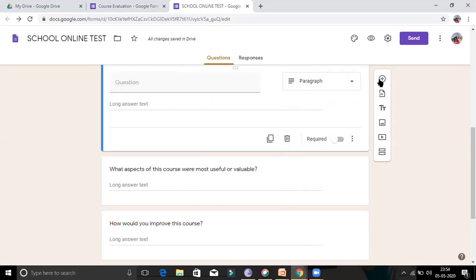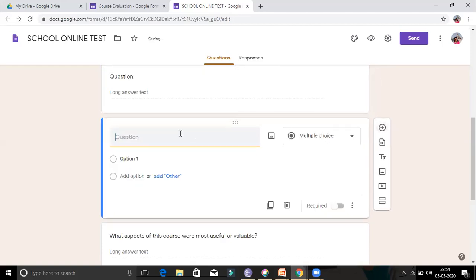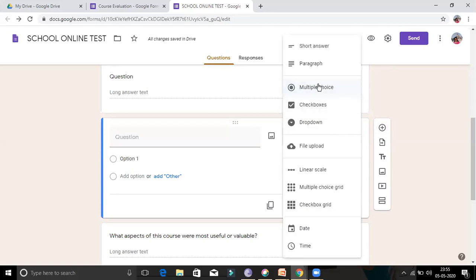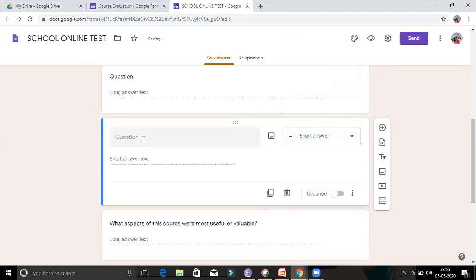Then you can add another. See here, same multiple choice. You can select from here. For a short text question you have to write the question. If there is a soft copy, you can cut and paste from there. The answer you can also write here. So you can make it required. Otherwise, students will directly write an answer and you can evaluate each individual student's answer.